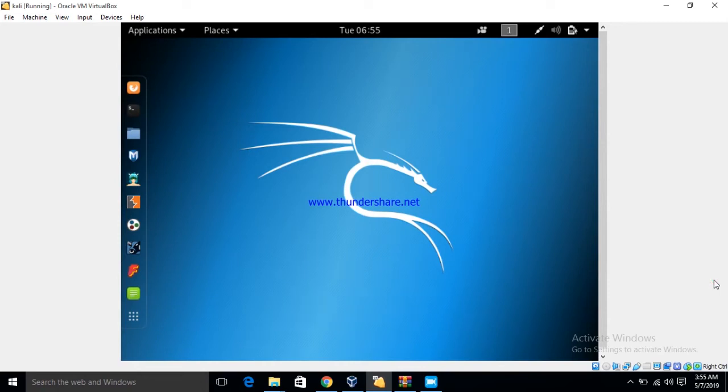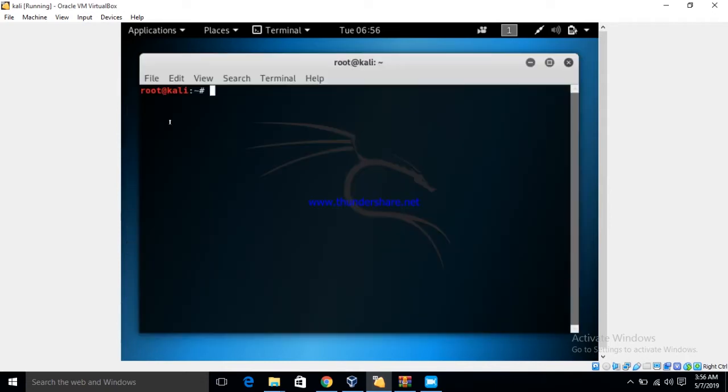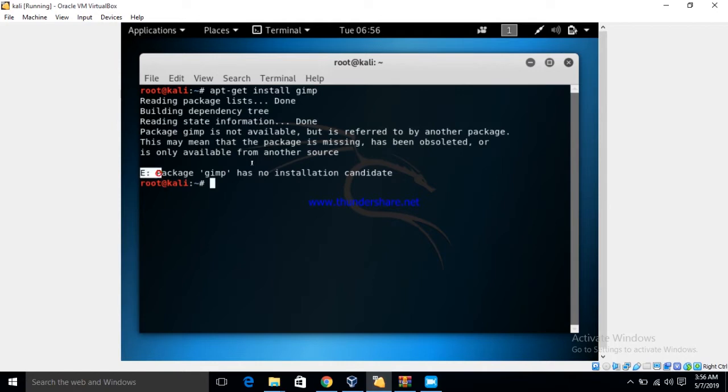Hi guys, so today I'm going to show you how to solve installation problems or repository problems in Kali Linux, which is a common problem to guys who are using it. For example, you get apt-get says E: Package gimp has no installation candidate. So the simplest way to make this right is to edit the